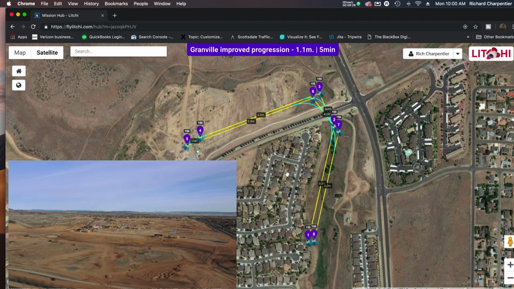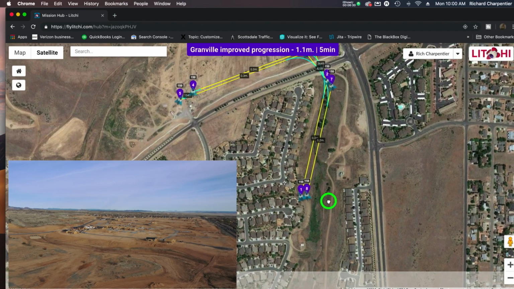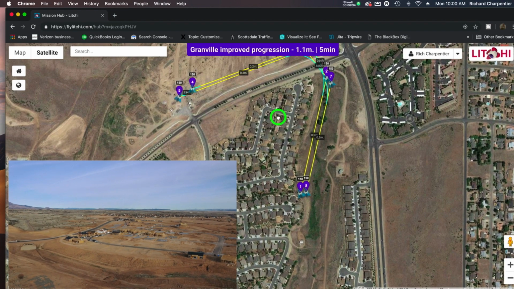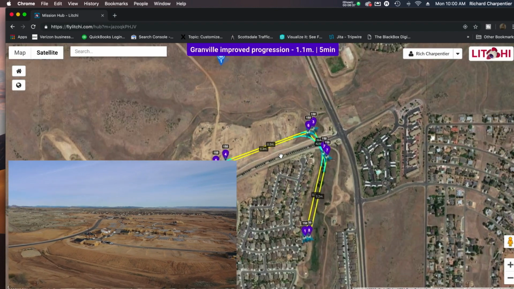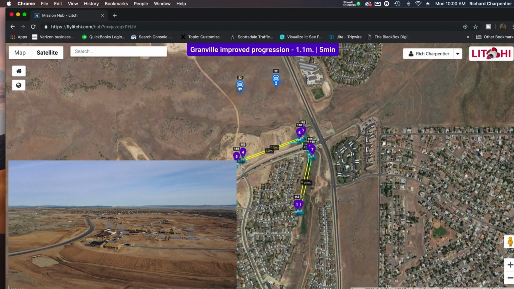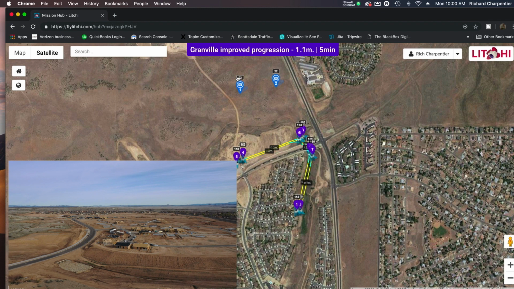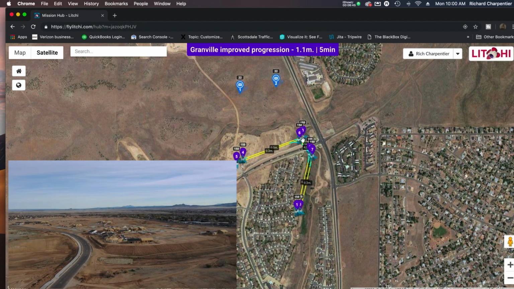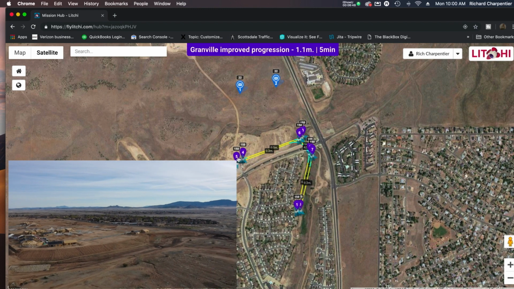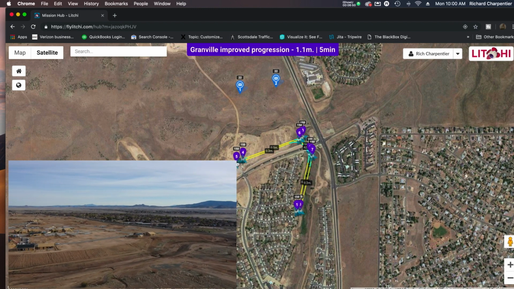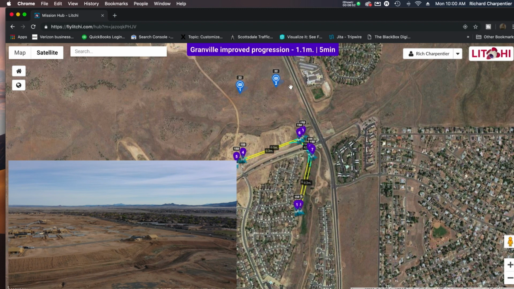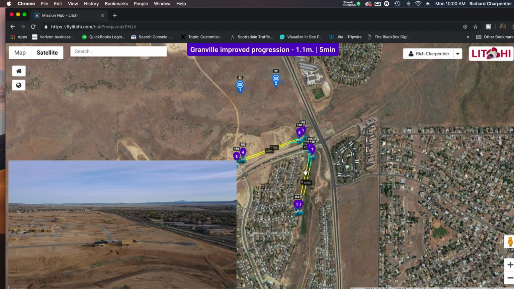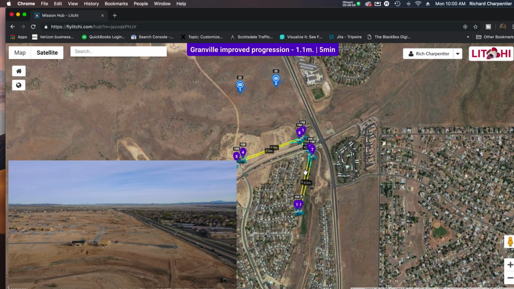You're actually seeing the mission here. So starting point number one is right down here, and it's actually shooting up in this direction because it is shooting at my point of interest number one. So I have it looking across the construction area, and as the drone progresses, crosses the road, comes over here to number 4, it then shifts its view to waypoint number 2 and then makes its flight back, which you saw on the video here at the start of this